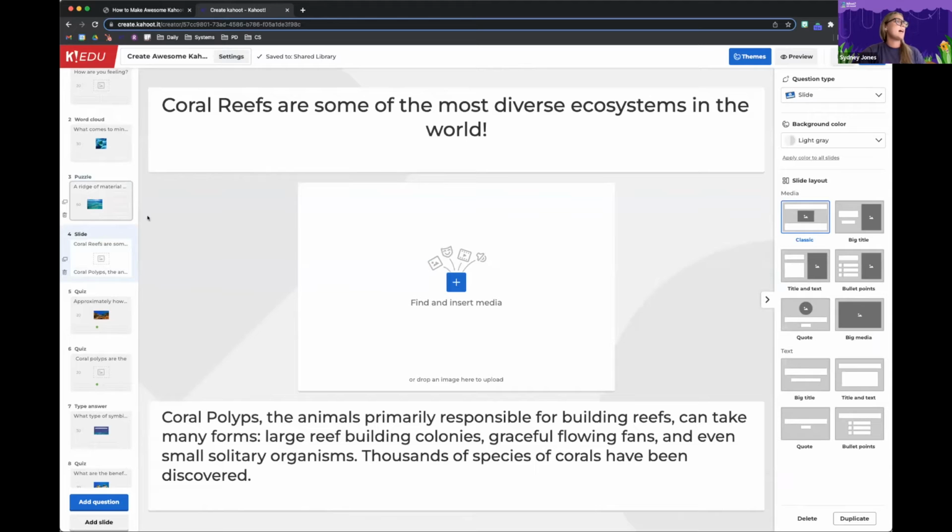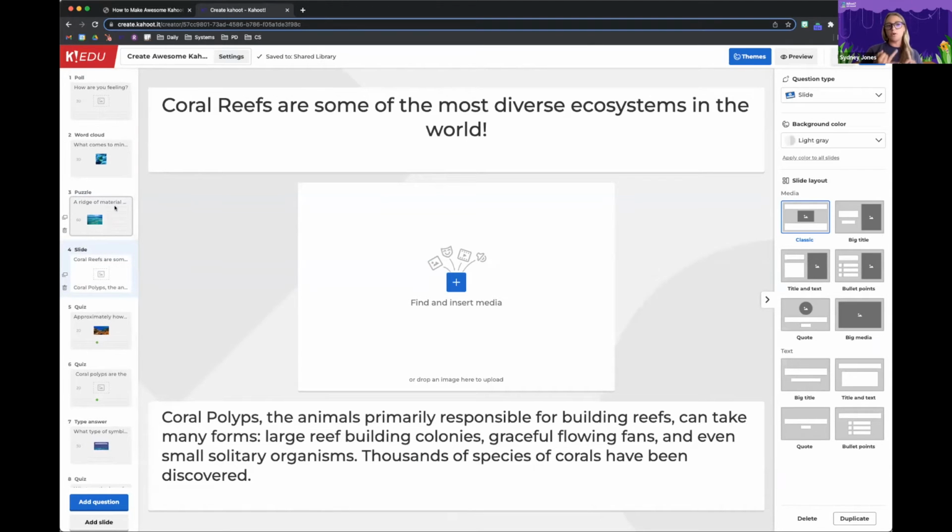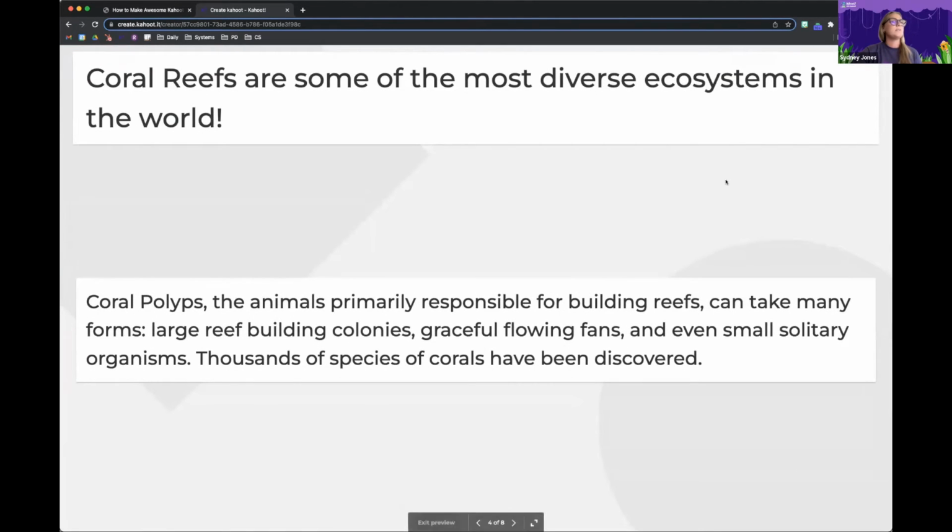So now I have a slide. So I've engaged with them. I've asked them a poll, generated a word cloud, and also given them the opportunity to generate some points in the Kahoot. So now I'm wanting to do a little bit of instruction to set up the rest of my Kahoot. So this is all about coral polyps, and this slide is available in the free version of Kahoot, our classic slide right here. And you'll notice that when I preview this slide,